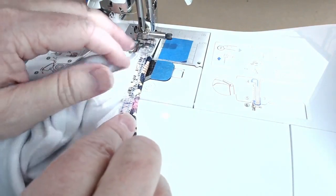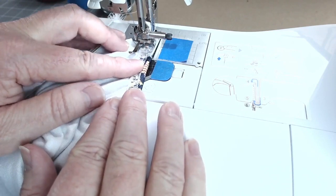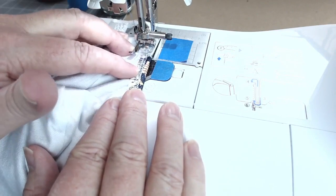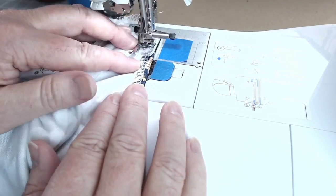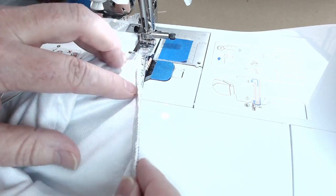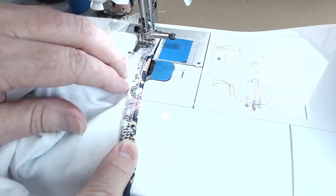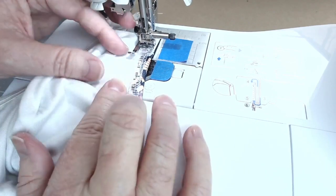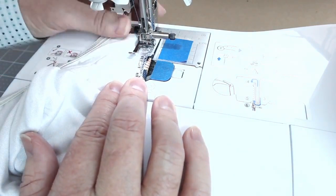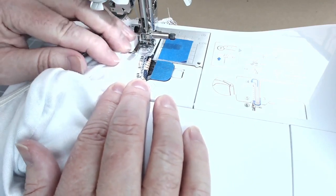So now I'm not going to really stretch in the beginning. And I don't really need to backstitch at the beginning here because we're going to be putting a seam down here. So I'm just going to get this started. Okay, the needle is down. Now I'm going to stretch here and get this rolled over nicely, so I make sure that none of this lining is getting puckered or anything. And if you can watch the needle for a minute, I want the needle to just come here to the edge of that elastic, and I'm probably going to have to help it through here with this hand a little bit